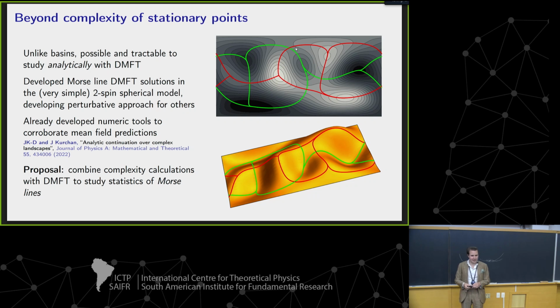And so I've begun working on this. I have a DMFT solution in the very, very simplest mean field model, which is usually exactly solvable, so it's not a huge surprise I was able to work with it. I've begun work on perturbatively applying the same approach to other more generic models. And I actually already have numeric tools to try to corroborate these mean field ideas, because in a separate paper on something completely different, these are the complex valued landscapes that were asked about earlier, we developed the tools to find these exact gradient descent trajectories between stationary points. And so this constitutes part of the proposal, which is to use the statistics of these trajectories to better understand how the basins of attraction in these systems are structured.